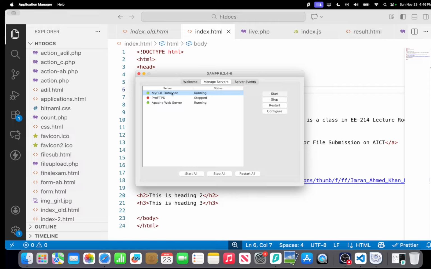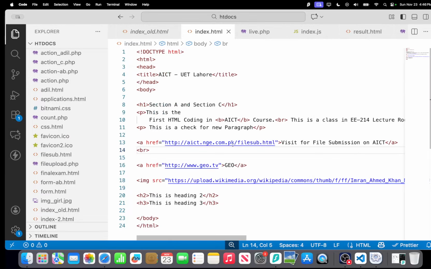So now you can see both are running. ProFTPD is an FTP software. We will not be using this, at least in this course. The only two which we are actually going to use are the Apache Webserver and the MySQL database. And just to confirm that your server is running, one thing very important,